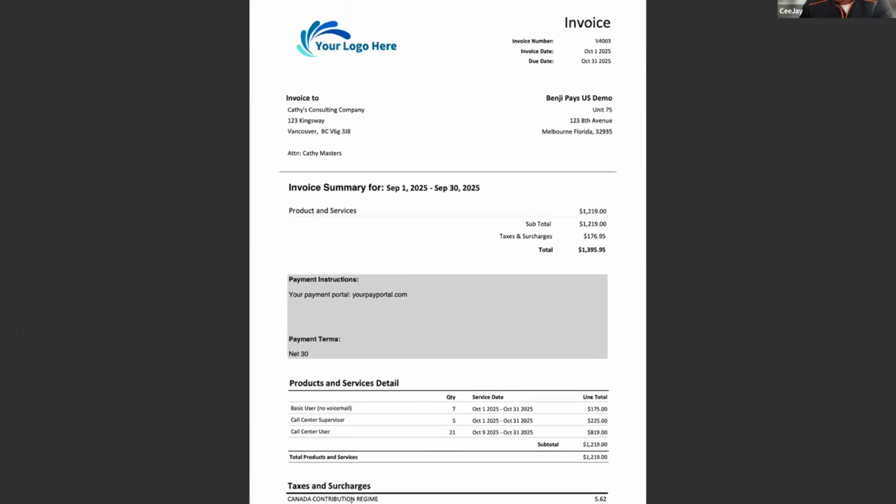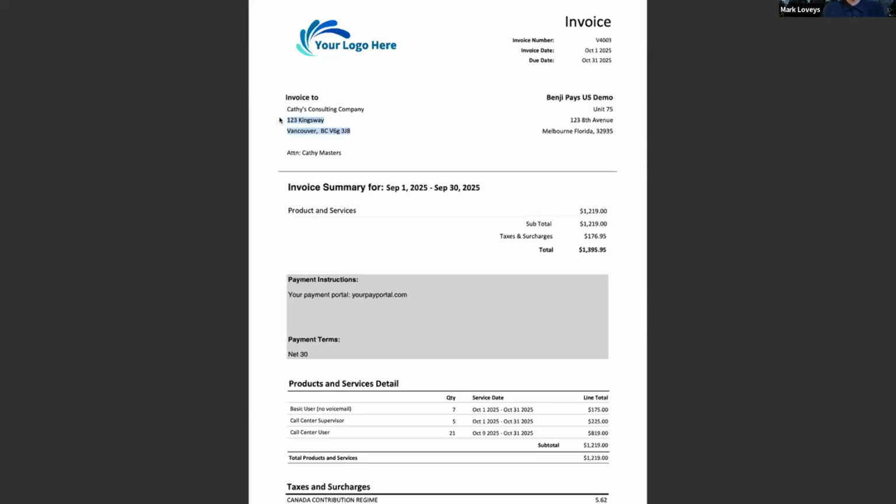Just one last thing, CJ, just noticing on the invoice that we have different formats that can be customized to the customer's requirement, but also we handle all the different requirements of the various countries, including the United States, Canada, UK, Australia, New Zealand, and so invoices can be formatted differently to comply with the requirements of each of those countries too. So we're showing a Canadian example here, but we're equally capable of producing US and other formats as well.